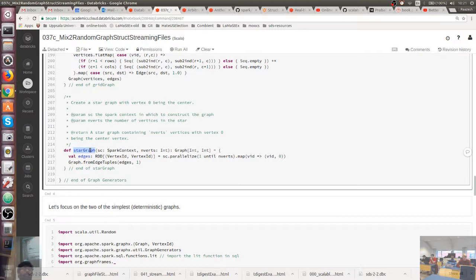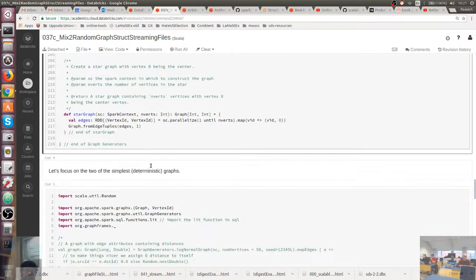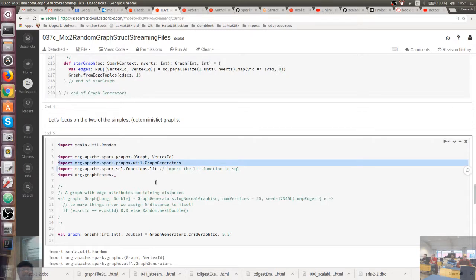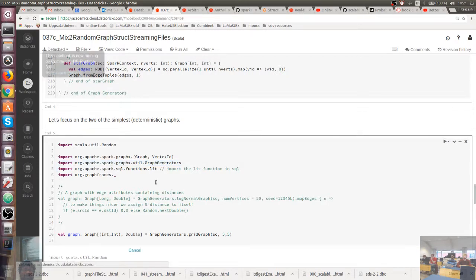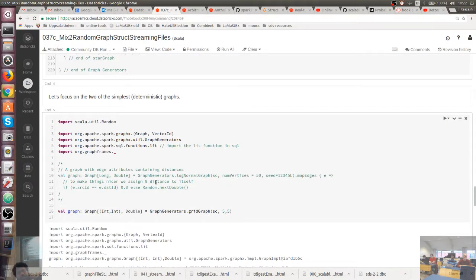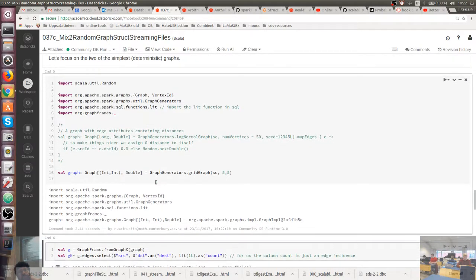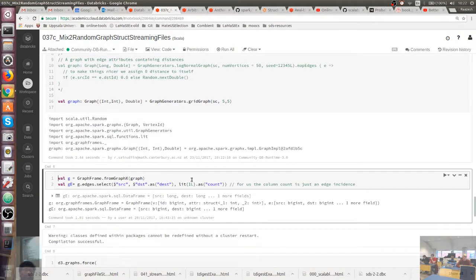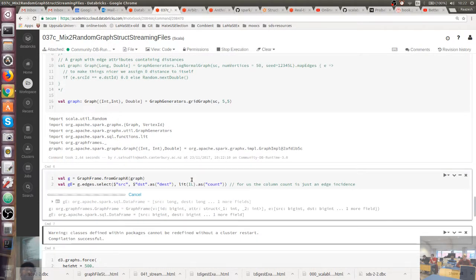And later on, we can go all out, and as we understand more random graphs, we can complicate this mixture simulation, okay? So you don't need to even evaluate this. What you can do is simply, because I'm basically pulling you the code from here, you can simply import graph generator utils and some literals and so on, and graph frames. And now I've made a grid graph with a 5x5 grid graph. I'm converting it immediately to graph frames because